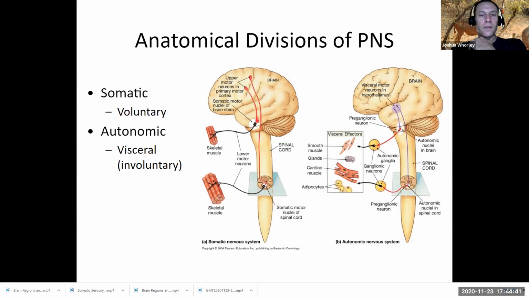And those motor neurons then synapse, in the case where we're actually controlling parts of the face or the eyes, like looking one way or another, with other lower motor neurons in the brain, and those go off to skeletal muscle. Or they'll synapse with motor neurons down in the spinal cord, which we know go off to skeletal muscle. That's the somatic. Then the autonomic or the visceral,